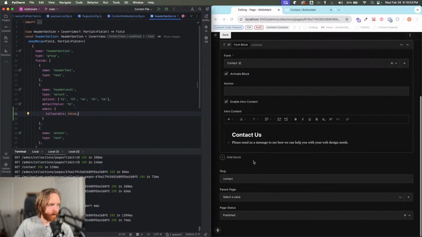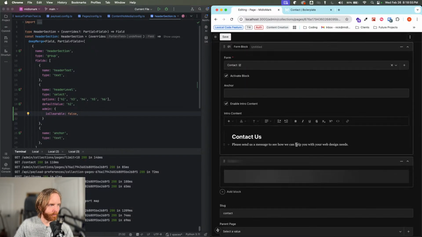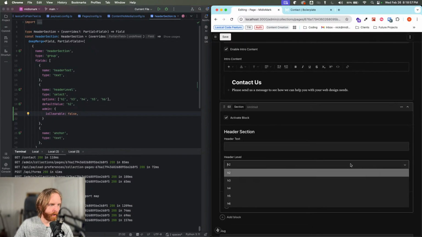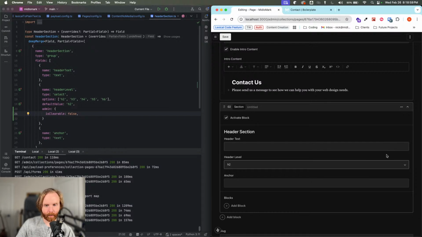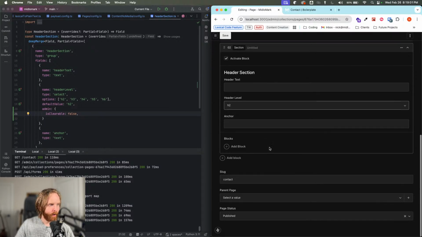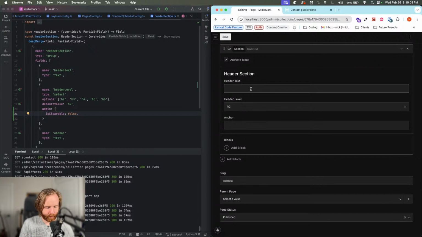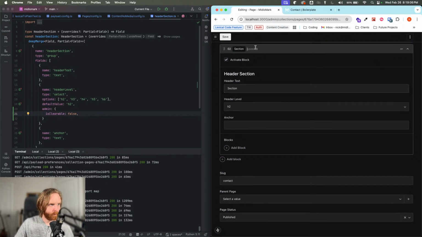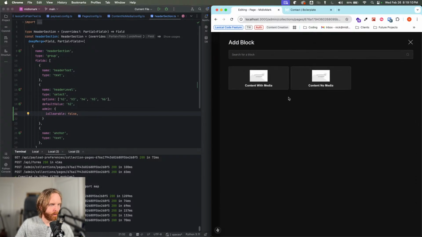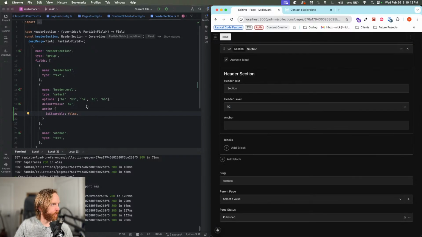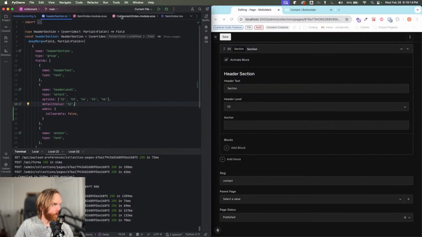All right, so now if I add that section block, header level is essentially required, but it's really just not clearable. All right, so let's do section, and then we'll add a block. Oh, this section block is missing something key though, because what I need to do is, if I can find it again,